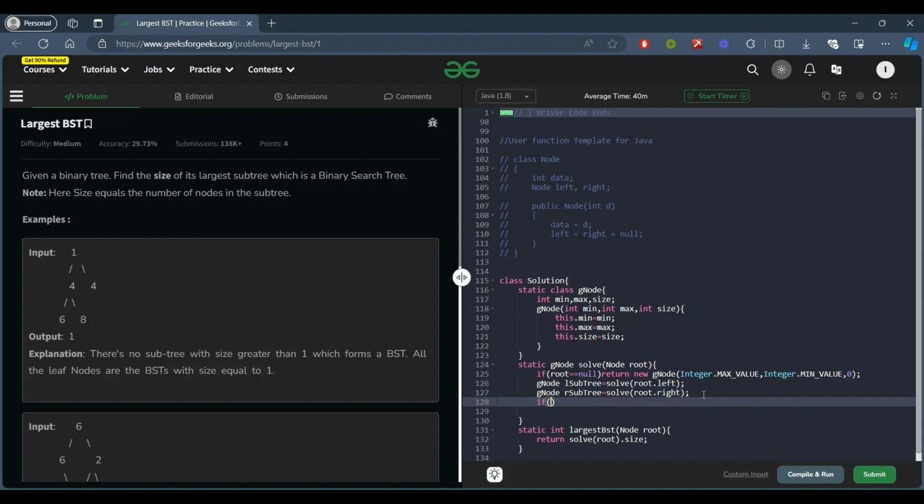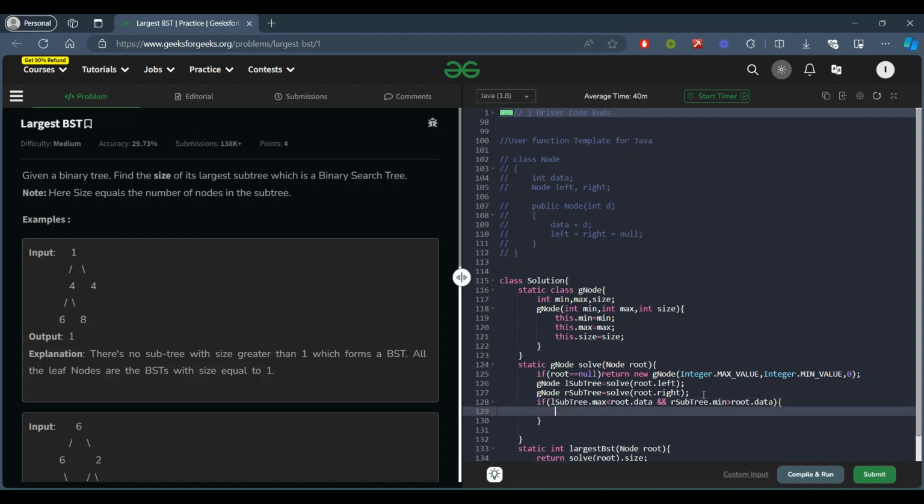Now we will check if L subtree dot max value is less than root dot data, and R subtree dot min is greater than root dot data.